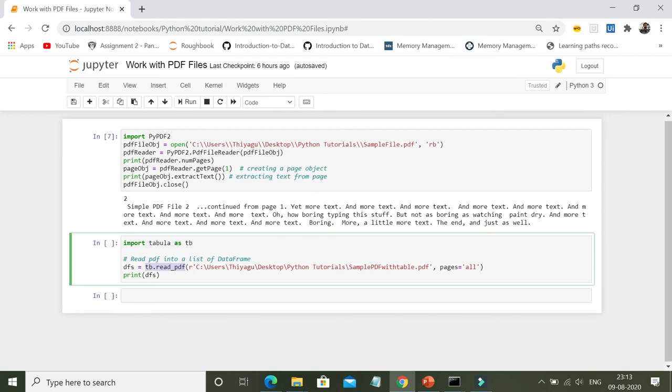Okay, I have made a lot of videos earlier about what a data frame is and how we can work with data frames. I will post the links to those videos in my comment section. So in case you have any queries regarding data frames, you can have a look at those videos. Okay, now let's quickly run and see what happens.